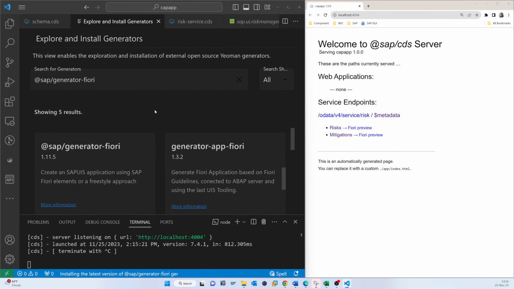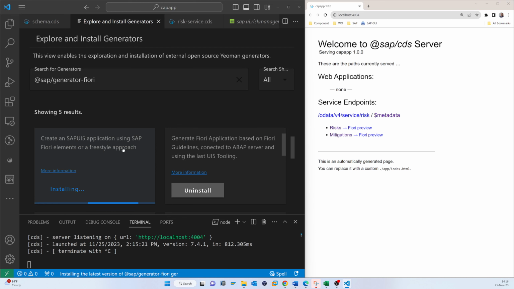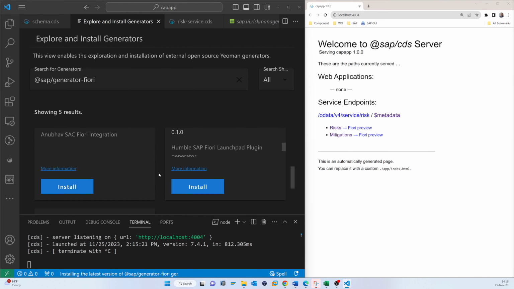So it looks like it is installing. So let it install. So now you can see that the SAP Fiori template has appeared. So if I want to show you again like that